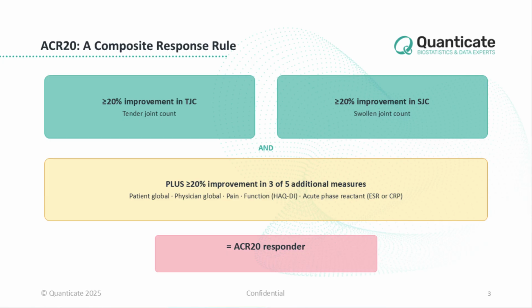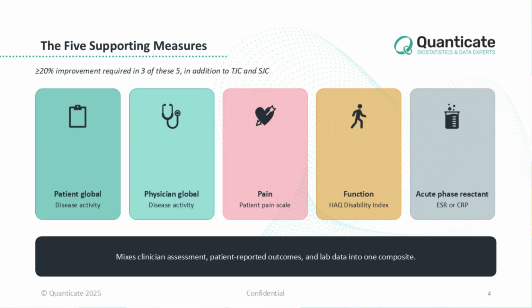To meet ACR20, a patient needs at least a 20% improvement in tender joint count and swollen joint count, plus at least a 20% improvement in 3 out of 5 additional measures. Those 5 measures are the patient's global assessment of disease activity, the physician's global assessment, a patient pain scale, a disability or function measure such as the Health Assessment Questionnaire Disability Index, and an acute phase reactant such as ESR